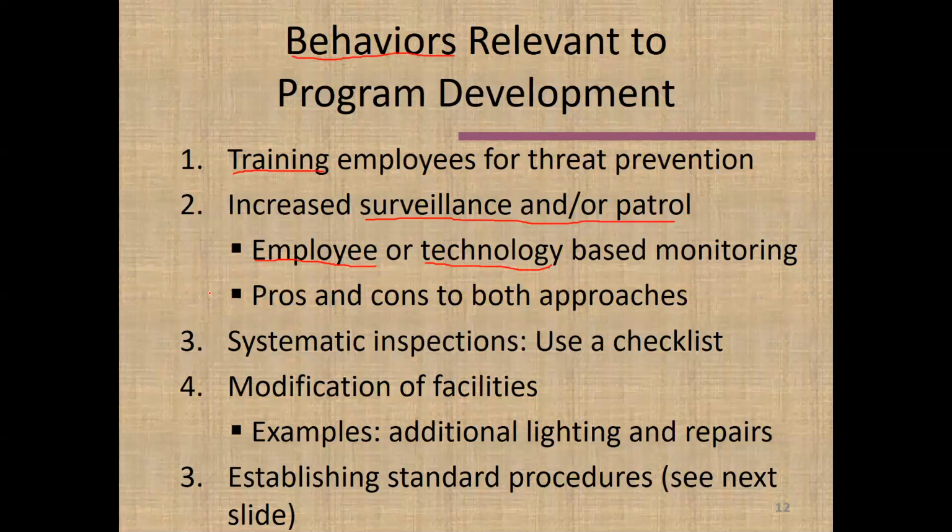It may be something as simple as adding extra lighting or making repairs. It may be painting, say, fluorescent paint, or putting non-skid traction tape on the ground at certain places. All those can be examples of very inexpensive modifications that can significantly increase the safety and sometimes the security of your facility. And so looking for those opportunities, considering ways that you can make your facility safer is an important part of that process. And again, it's not a static part, especially with respect to repairs.